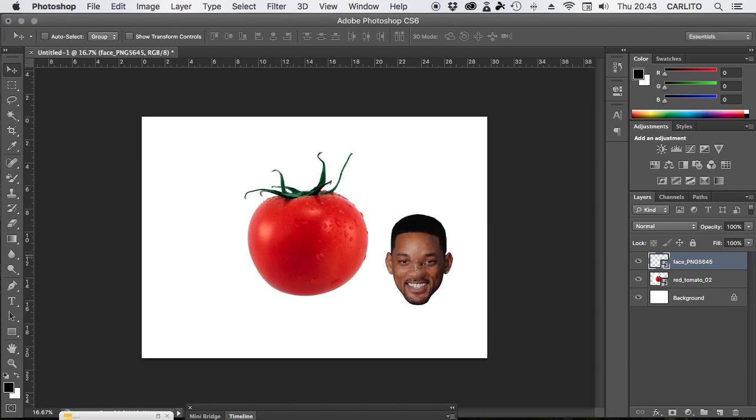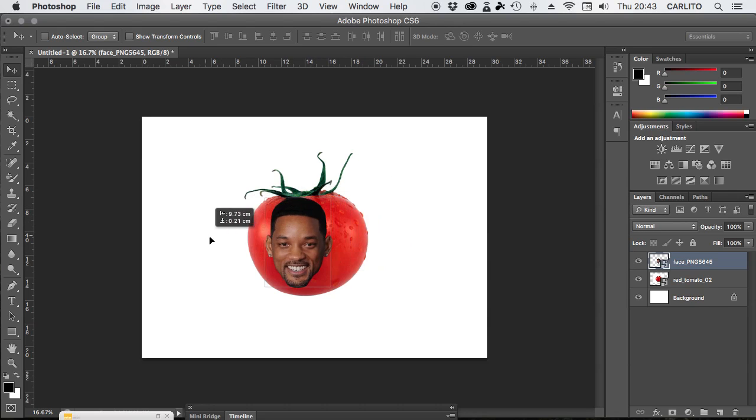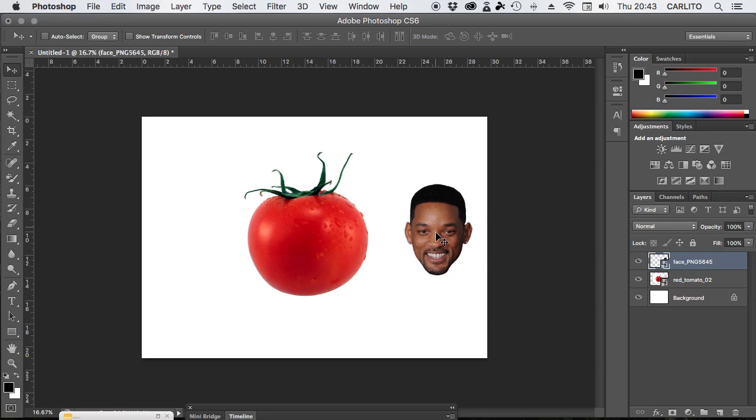Okay, so what can we do with this picture and this picture? Well, I was hoping to transfer Will Smith's facial features onto the tomato because it would make me laugh even slightly. Okay, so first things first, what I'm going to do is